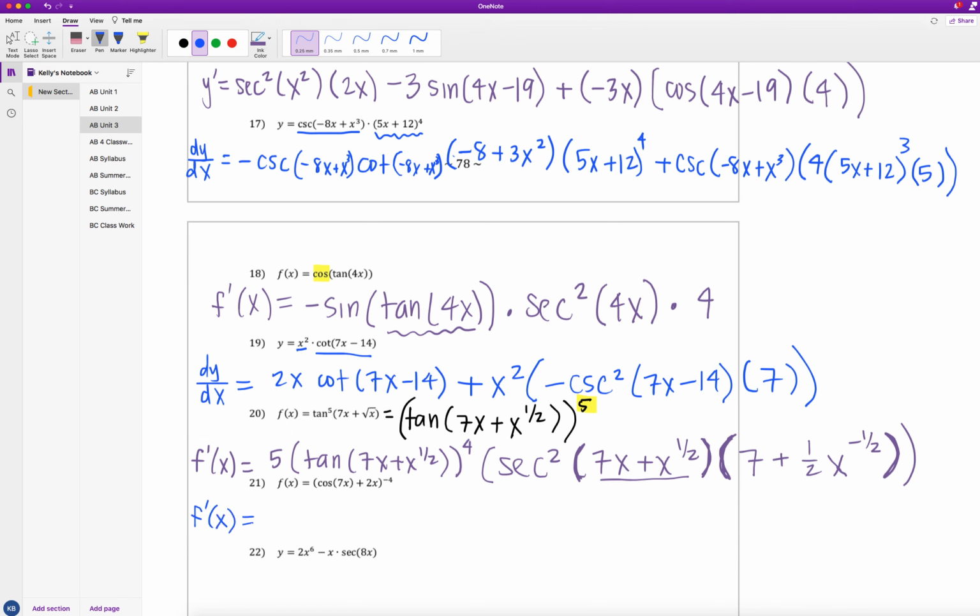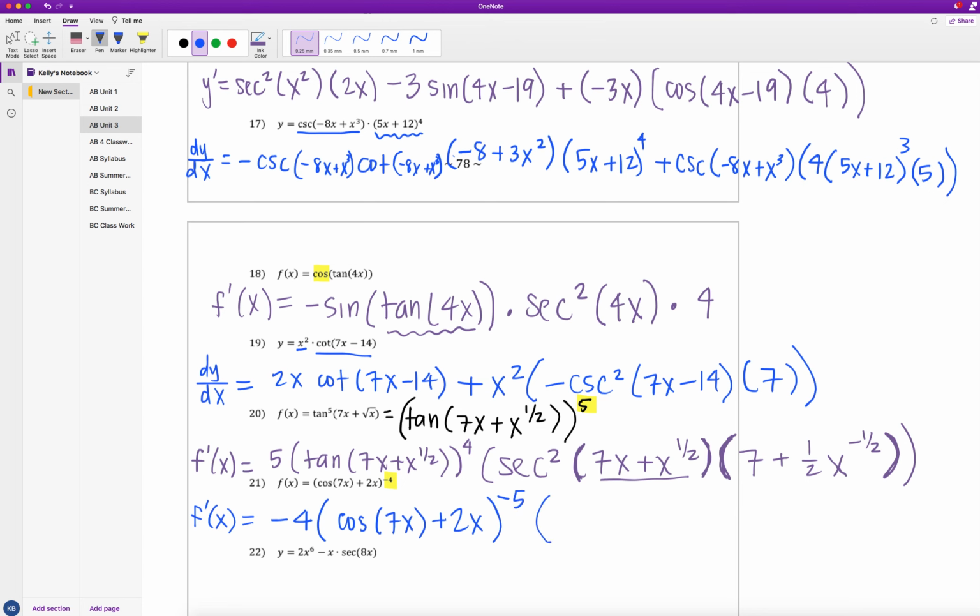So 21 says f of x equals cosine of 7x plus 2x, all of that raised to the negative fourth power. So we've got some chain rules going on here. That negative fourth power is my outermost function. So the negative 4 comes down. Keep the inside the same. So cosine of 7x plus 2x all stays the same, to now the negative fifth, since we're subtracting 1, times,